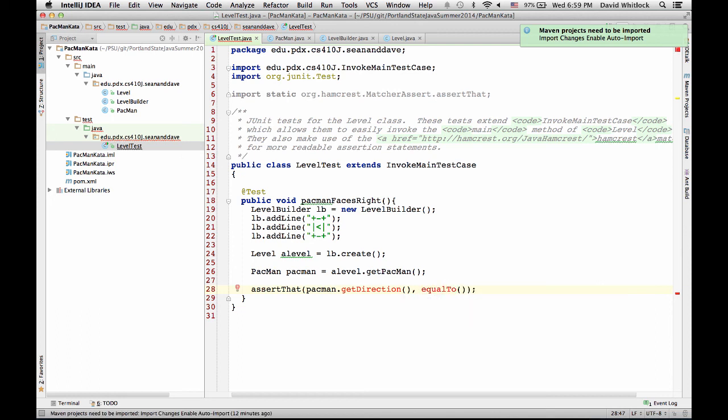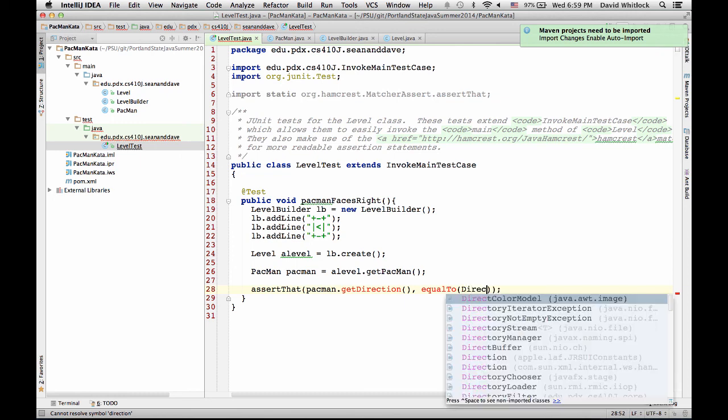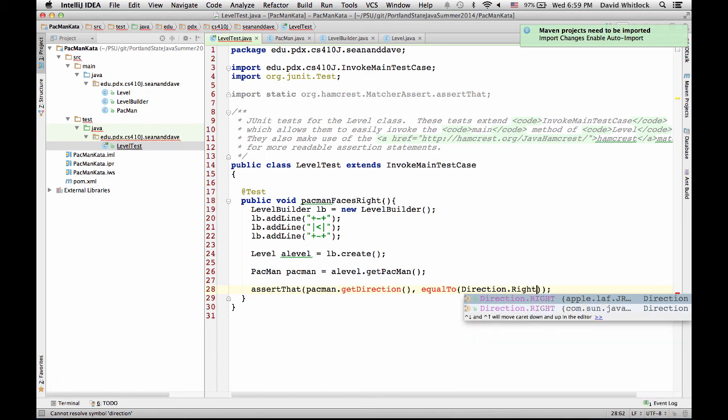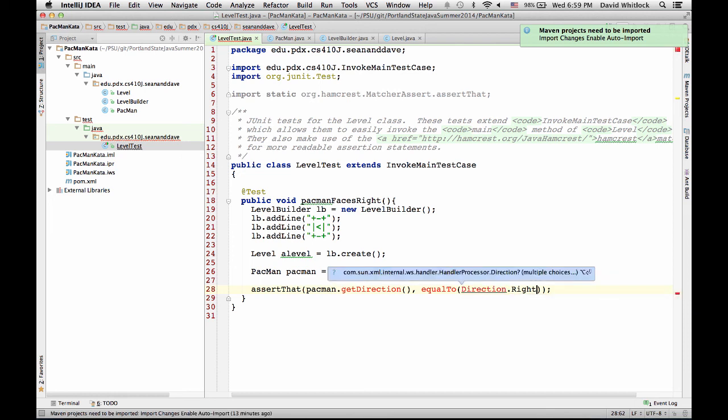And then Direction dot, probably capital D. That's the enum type, right? Direction dot. No, don't use any of those built-in ones. It's like, here are some crazy classes on your classpath. So Direction dot right, and hit escape. No, let me create my own one. Let's create that first.